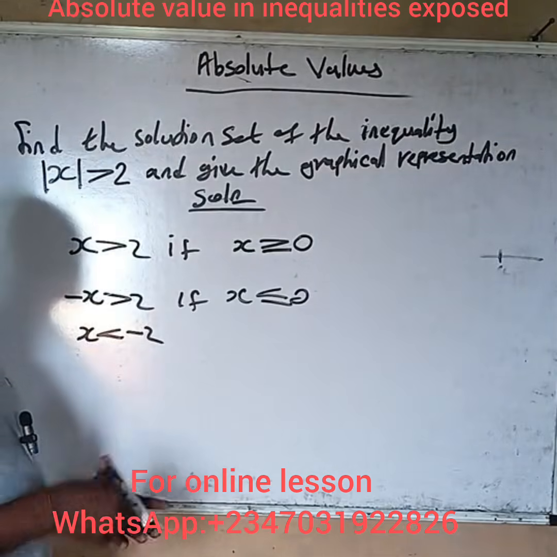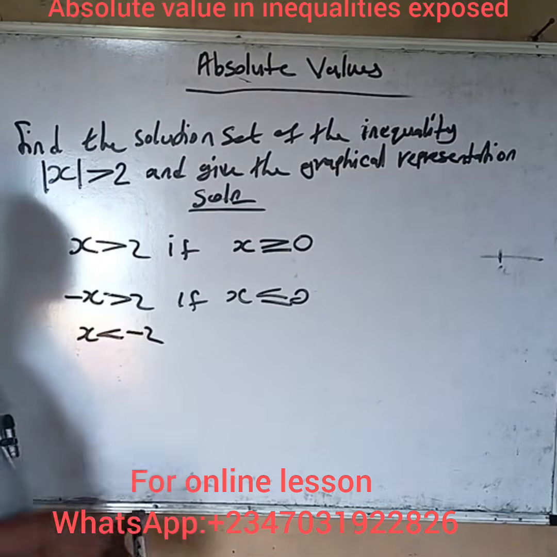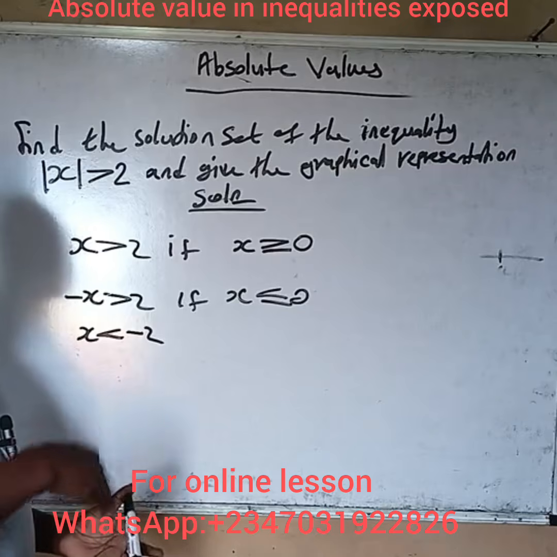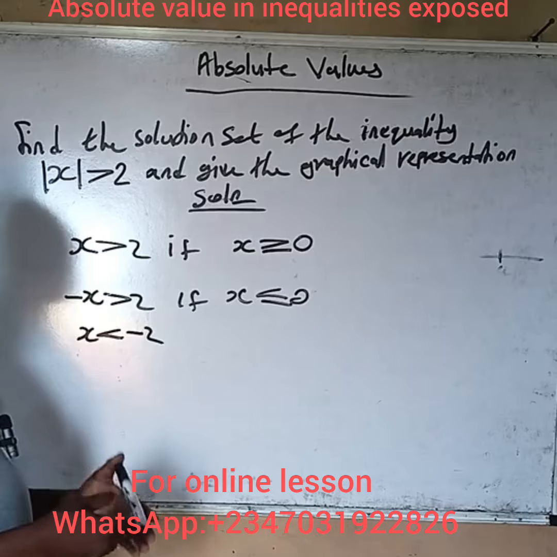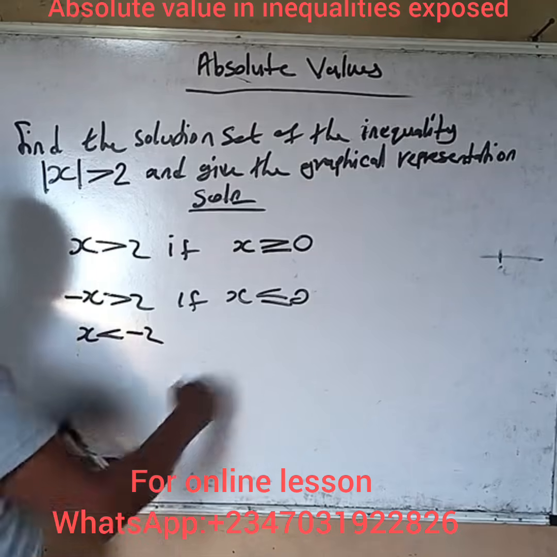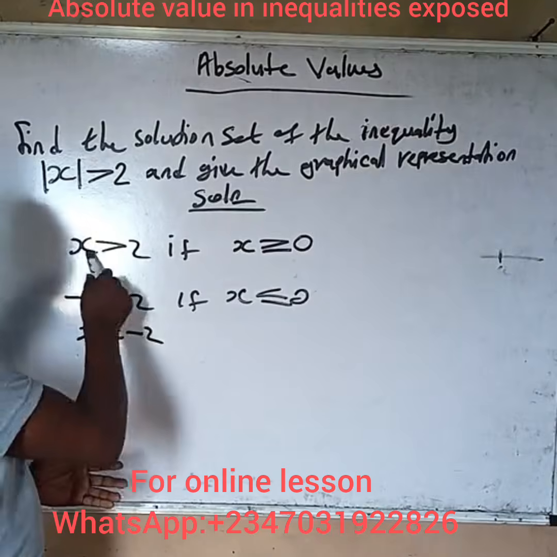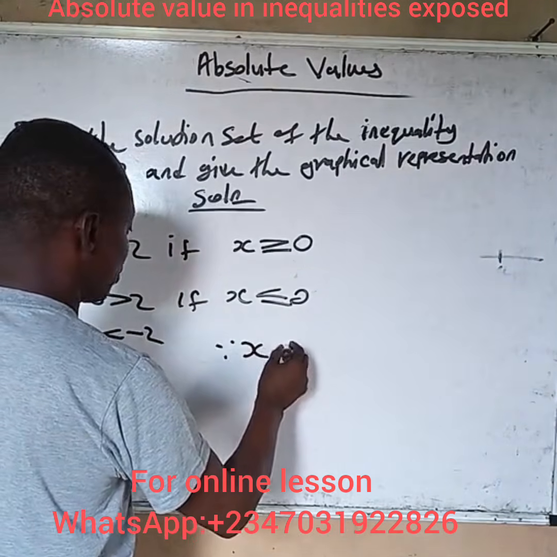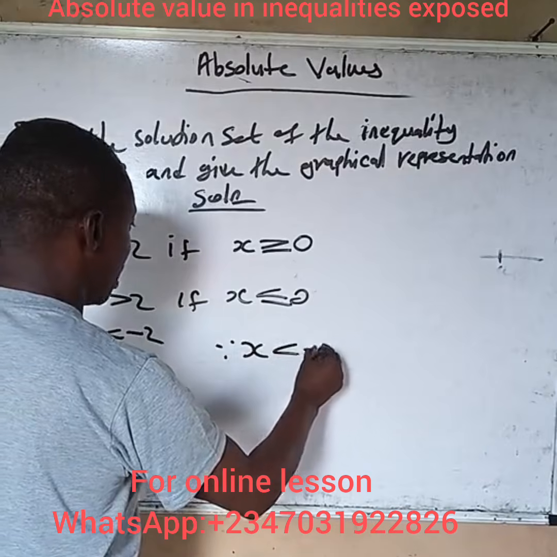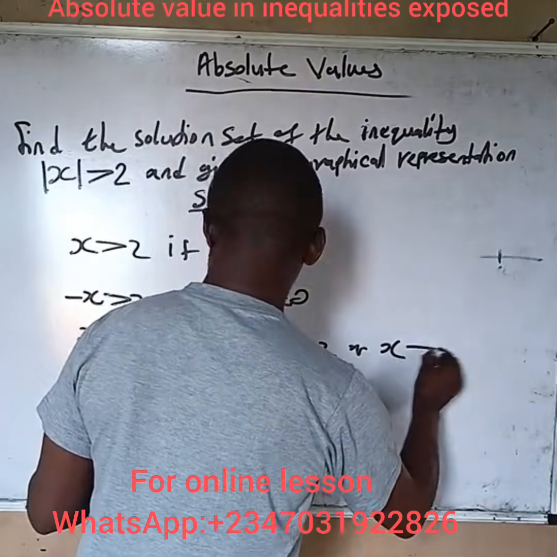Now, x cannot be less than minus 2 and at the same time still be greater than 2. Because of that, we are not going to use and, we are going to use or. And when you are using or, you don't put the two references together. x will not be in the middle, one number will be on this side, one number on the other side. So all you need to write is, therefore, x is less than minus 2,